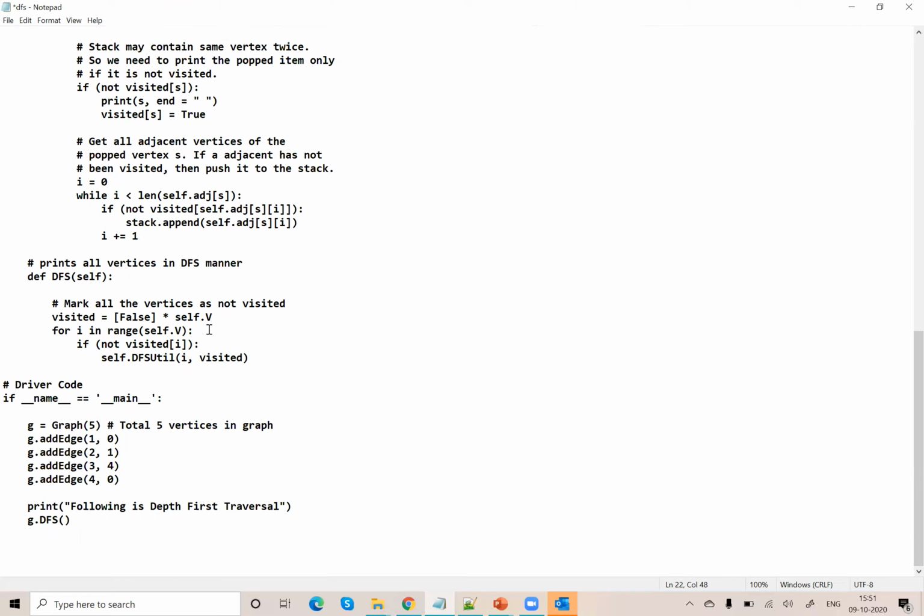That means by default, all the vertices are marked as not visited. For i in range of self.v, if not visited of i, obviously this condition will be true because I have marked all the vertices as not visited.